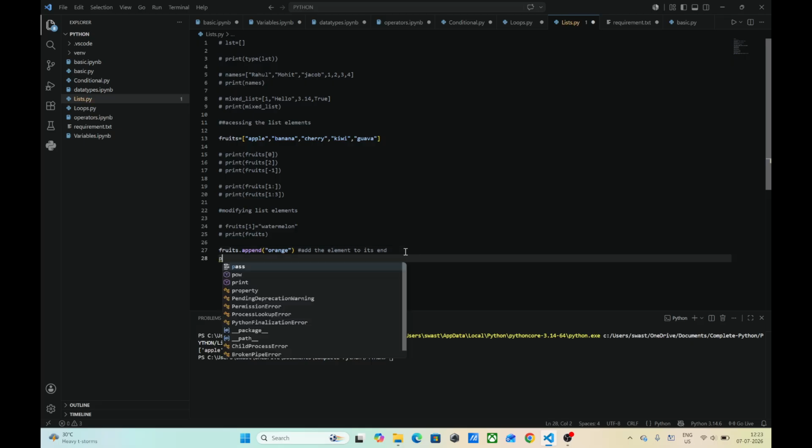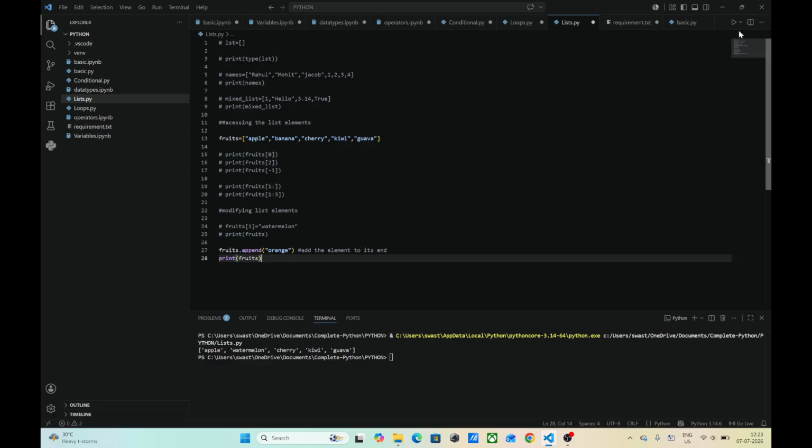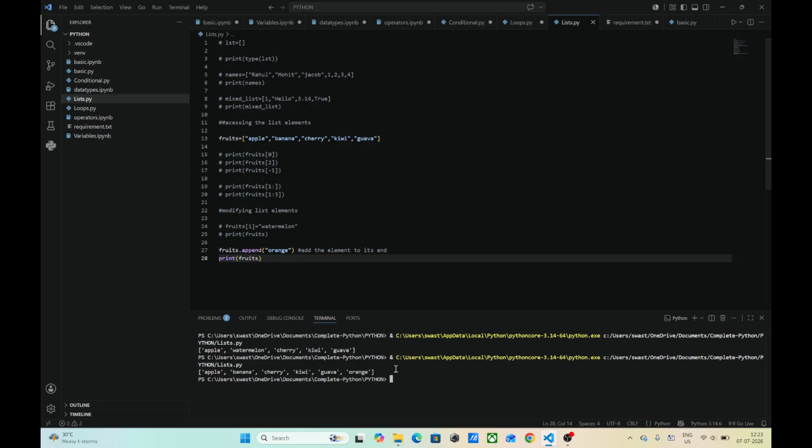So now if I print fruits, you will see that orange has been added at the end, meaning after guava, orange will come. So this is the function of the append method. Another method is